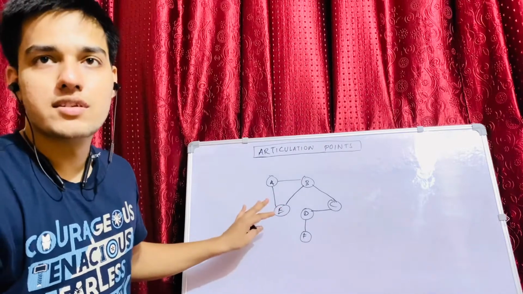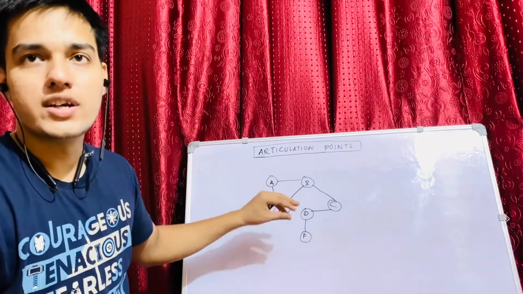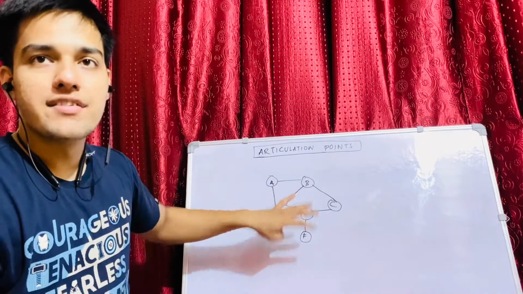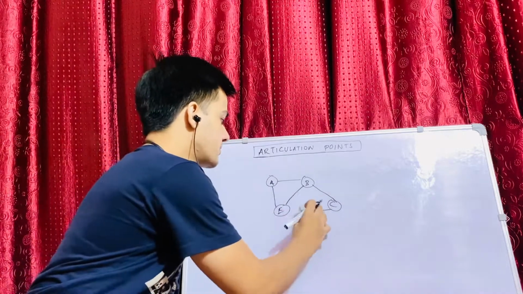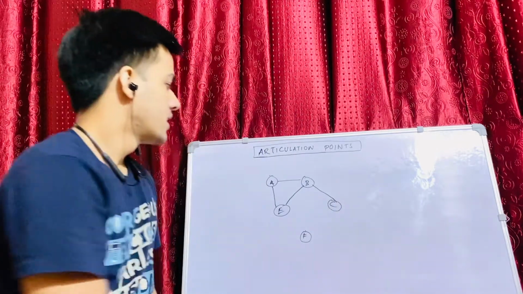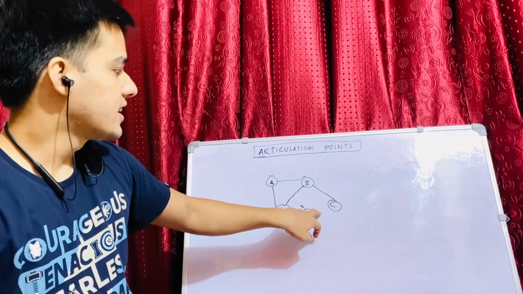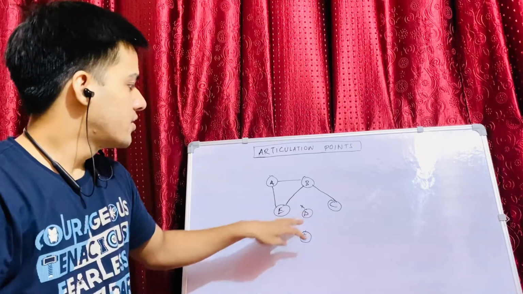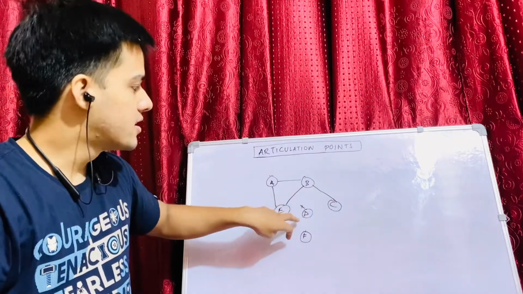So what I want from this network is, if at most one node goes down at any moment of time, then still each and every node should be accessible from every other node in the network. So out of these 6 nodes, let's suppose my node D goes down. If this node is down, then this connection and this connection are not present anymore, which were there earlier. So now if you see, node F is not reachable from any other node in the network, since this node is down.